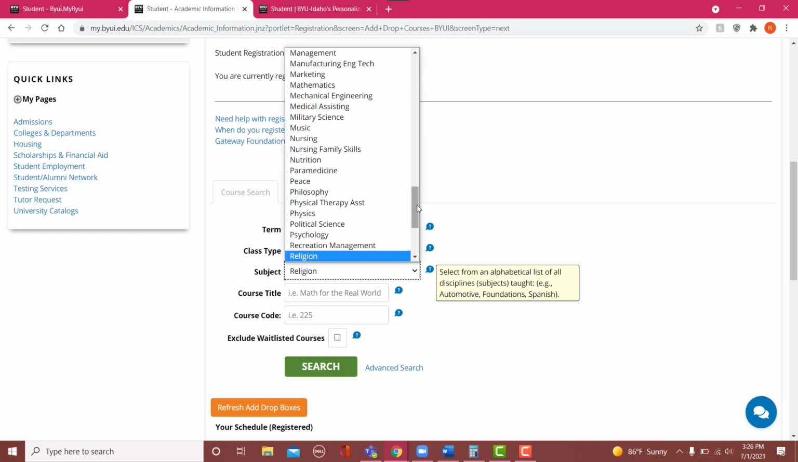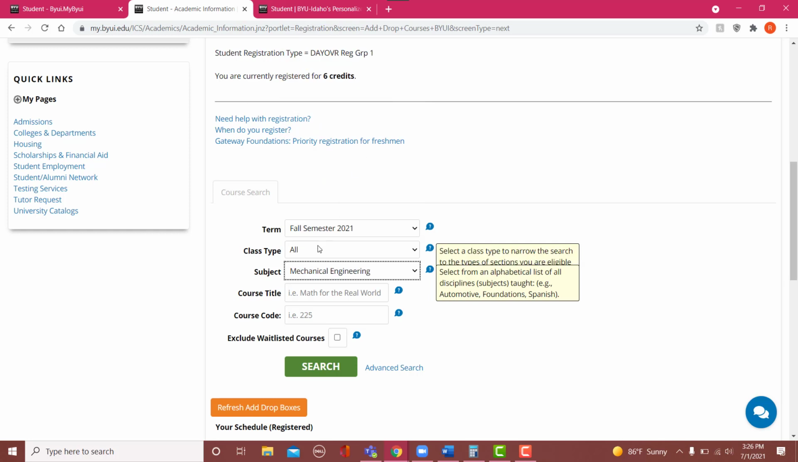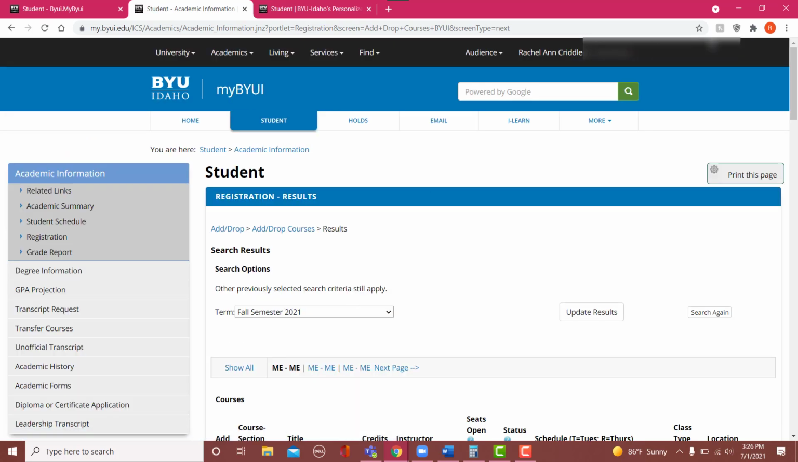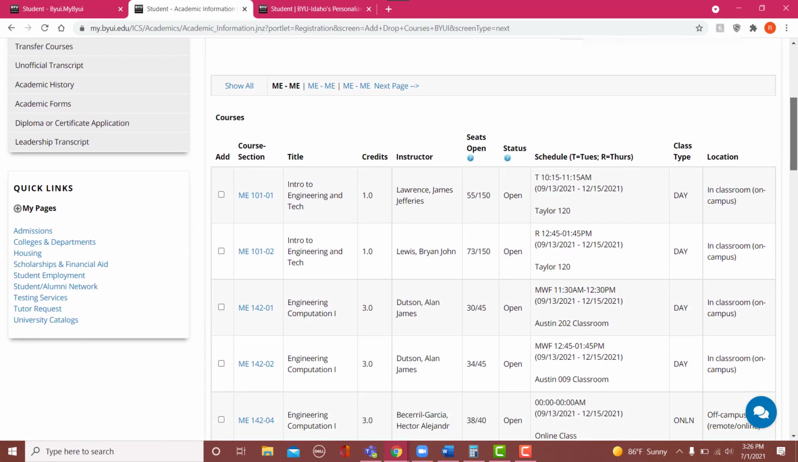So if we start with the mechanical engineering classes and hit the search tab, we will be able to see all the mechanical engineering classes that are offered for this upcoming fall semester. As an incoming freshman, you will want to register for the ME 101 class as well as the ME 172